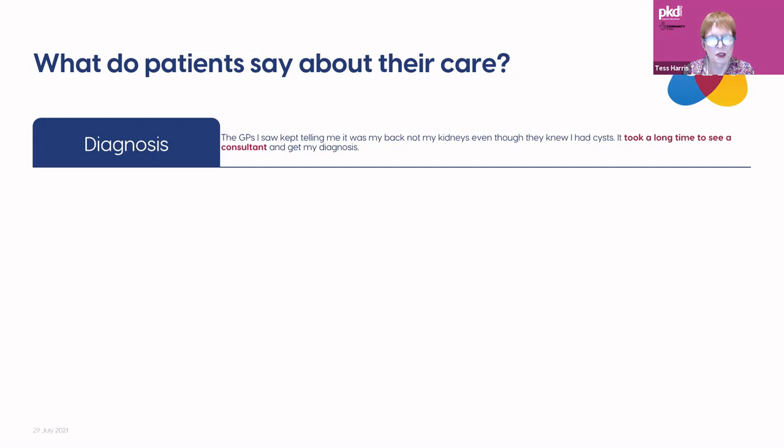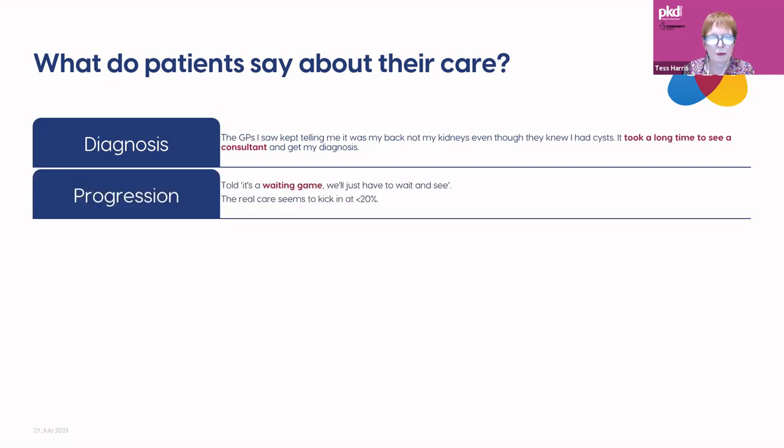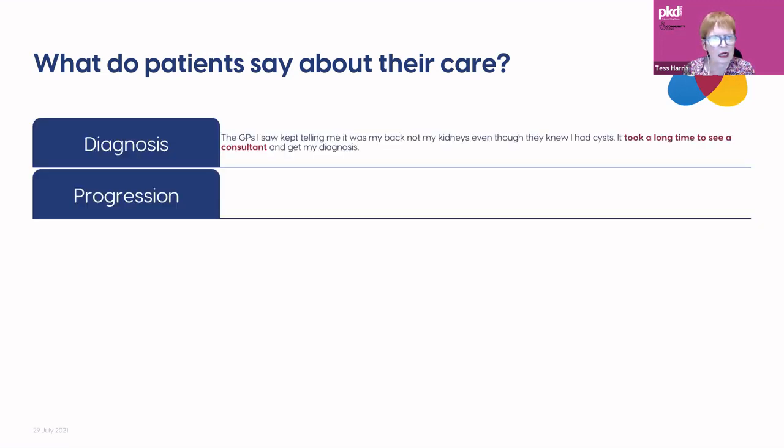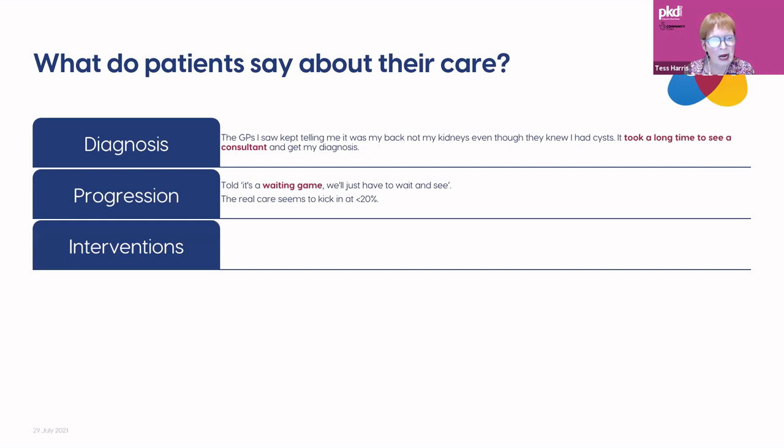So for diagnosis, in this case, this patient was experiencing a GP as a bit of a gatekeeper. And many patients do talk about their GPs being somewhat ignorant about ADPKD. In terms of progression, amazingly, people are still being told it's a waiting game and feeling that real care seems to kick in when your eGFR gets to about 20. In terms of interventions, apart from Tolvaptan, which we've seen how much uptake there is of at the moment,